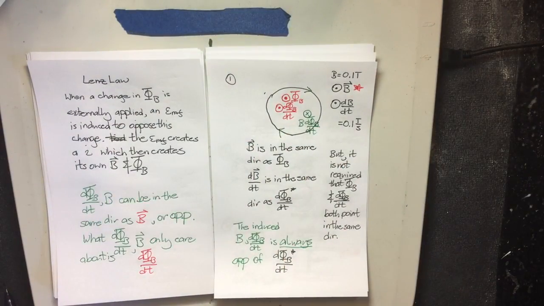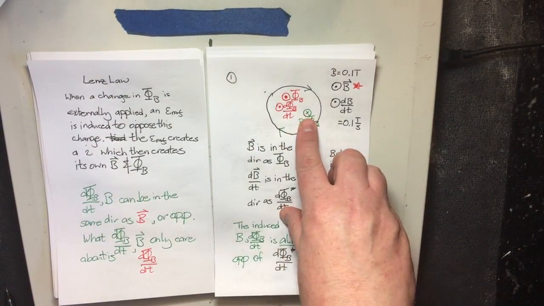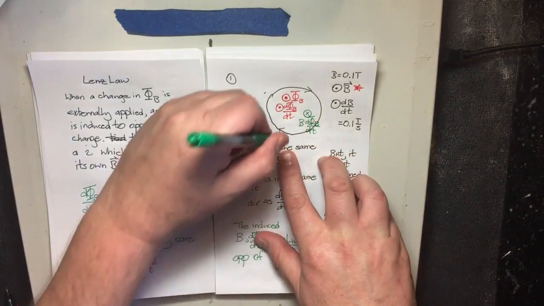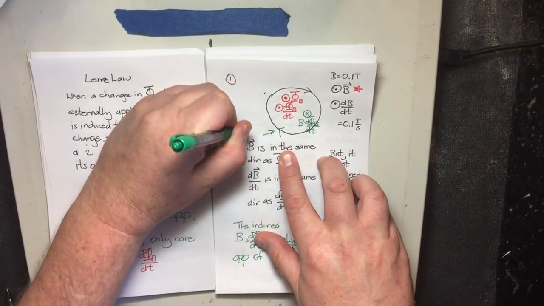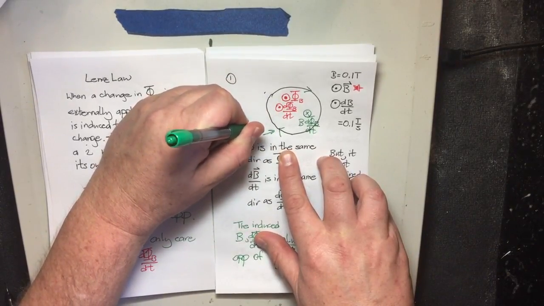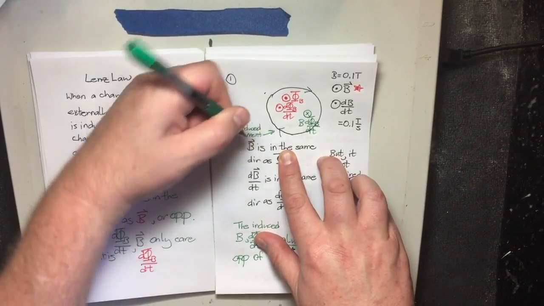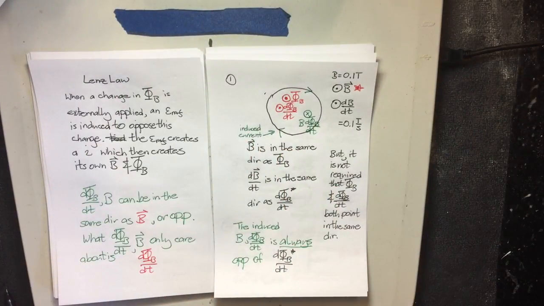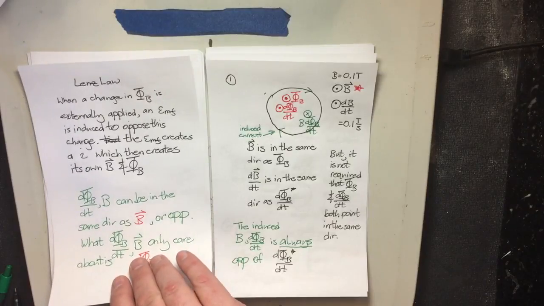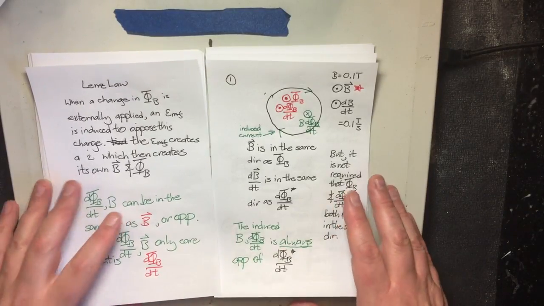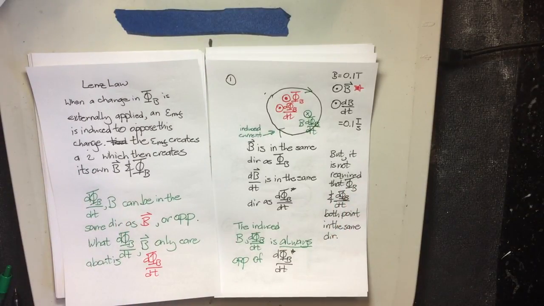A clockwise current would create a magnetic field going into the page. So the induced current in this particular case is running clockwise. I was just a little confused over. Yeah, it's a lot like, it's the equivalent of